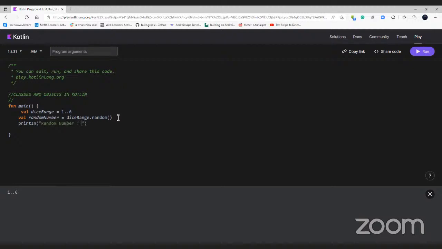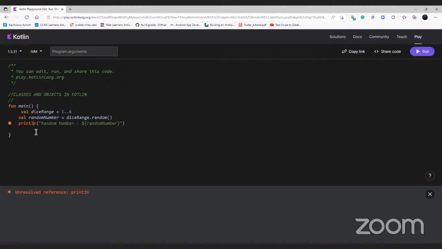And because I want to call the variable inside of this string, I'm going to use the pound sign. Another thing I can do is to put it in curly braces. So when we run this,